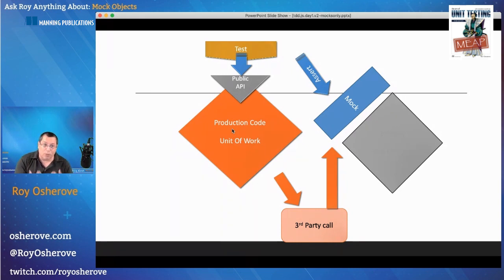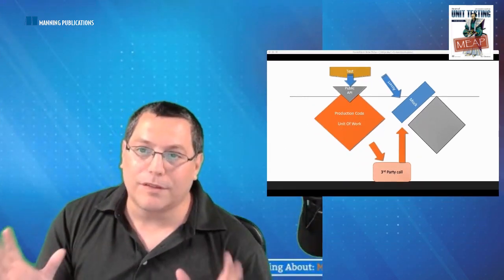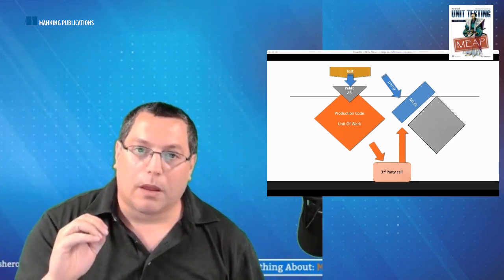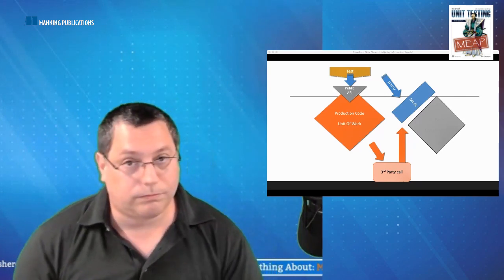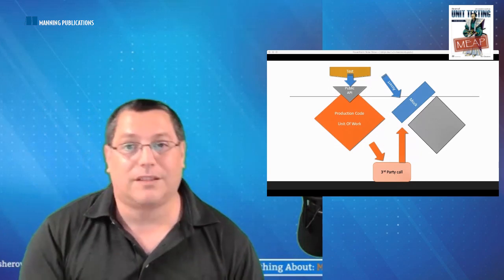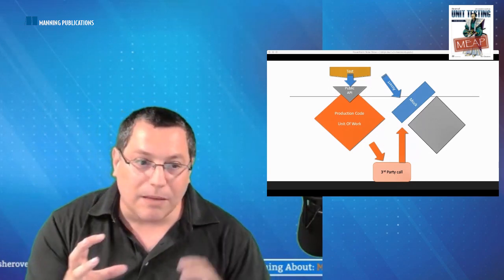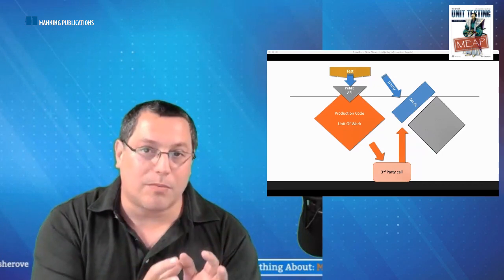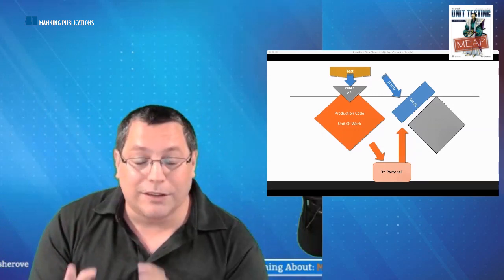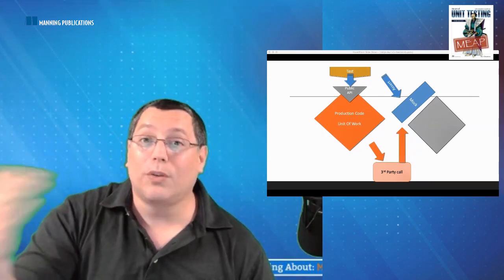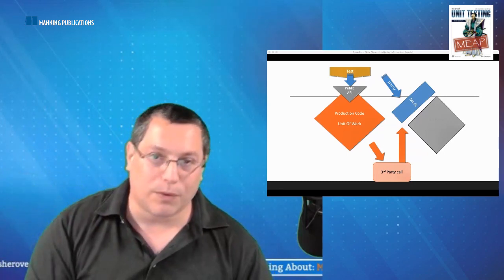So the main difference I see between mock objects and stubs is that a mock object and a stub are both types of a fake object. They're both types of a test double. But if I assert against it, then it becomes a mock object. So the same object in one test can be used as a mock object, and then in a different test, it can be used as a stub. And the difference is that a stub makes happy noises, or we don't actually assert on it. We use it to get rid of stuff we don't care about in the test.